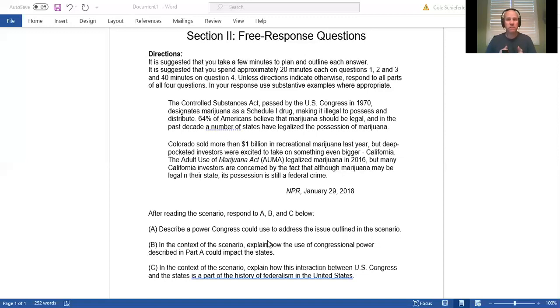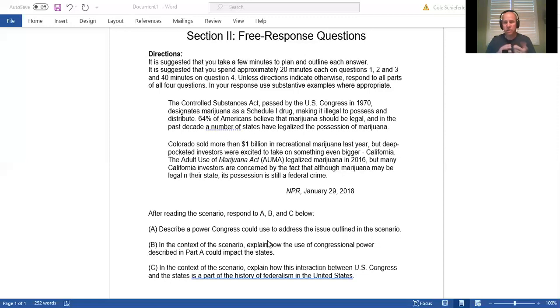Versus block grants are still money given from the federal government to the state government, but anti-federalists would be in favor of block grants because that gives the states more discretion on what to do with the money that the federal government gives them, therefore increasing state power. Okay, so I gave you a bunch of answers there, but I went above and beyond what was needed.